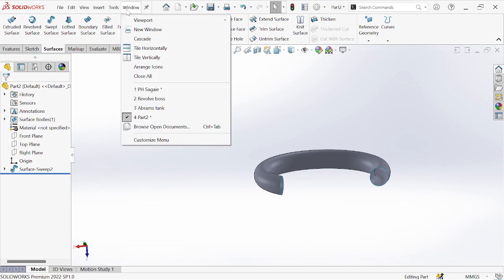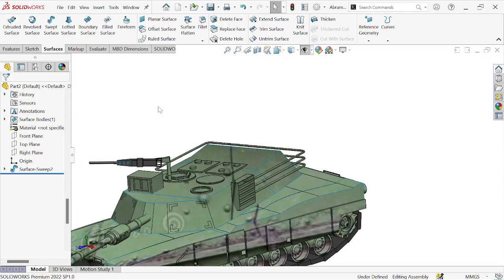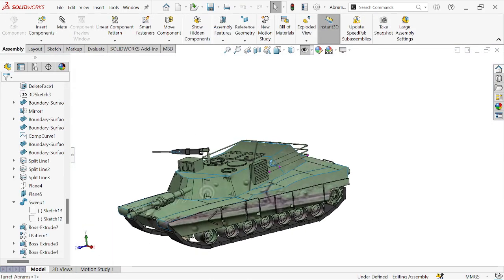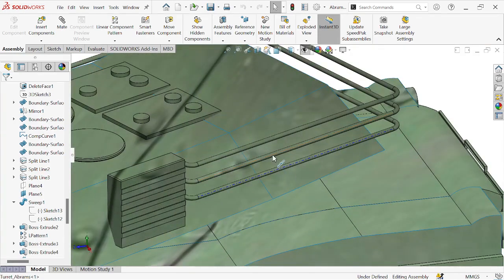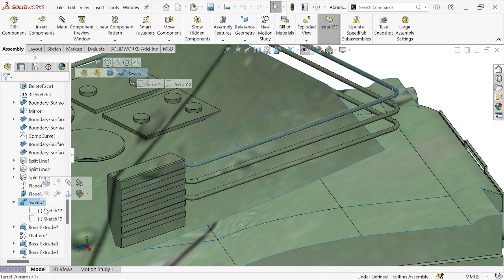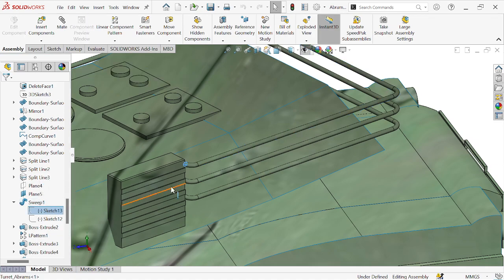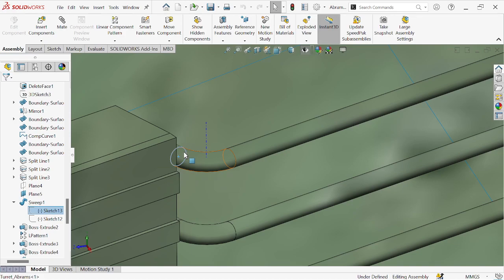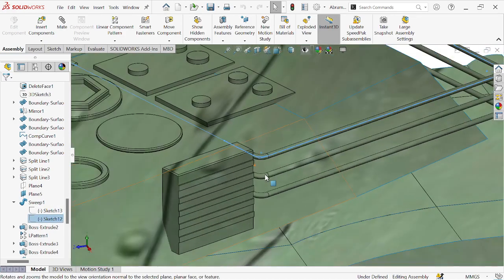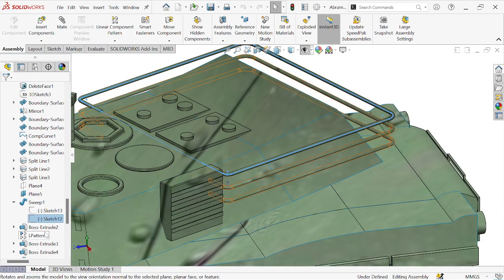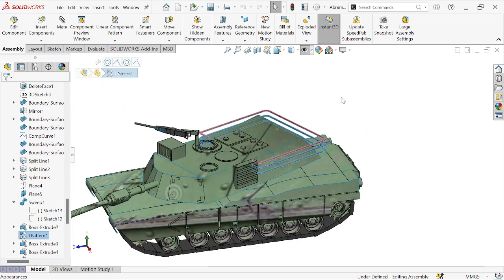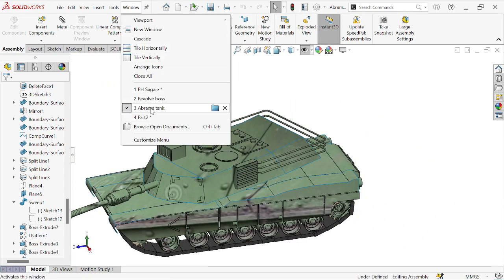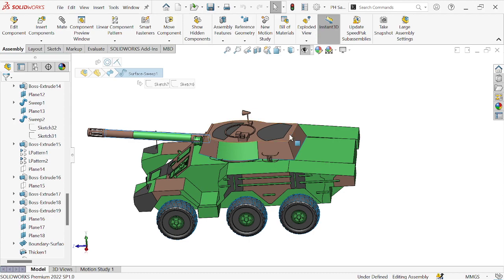Yeah. Then finally, of course, always end with showing an example like this tank. We do have a sweep here. So that's the profile and then the path. Then the next one is the linear pattern. The same with this armored vehicle